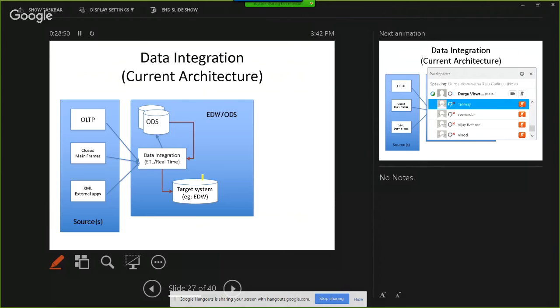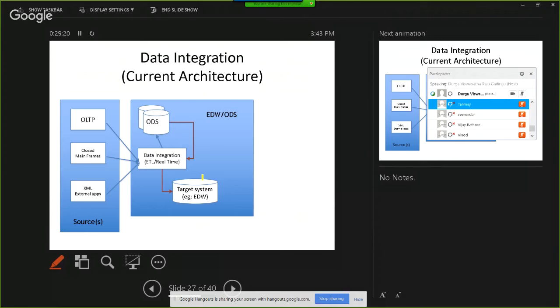If I want to troubleshoot whether my report is correct or not, it is not practical to go to the OLTP system or closed mainframe system or XML external apps to validate it. We need to have a database which will have the golden copy of our source data, and that is ODS.